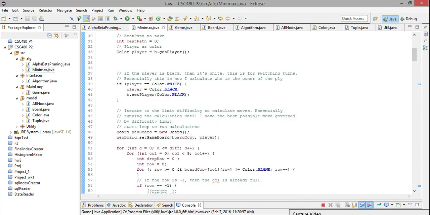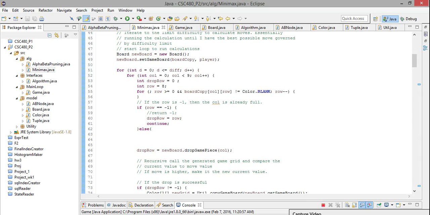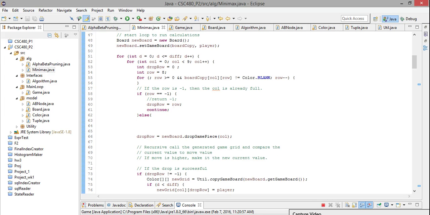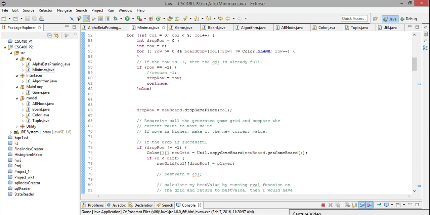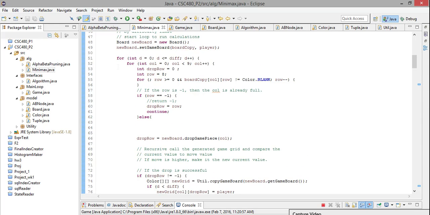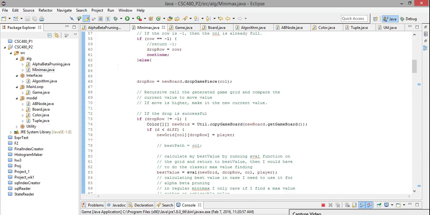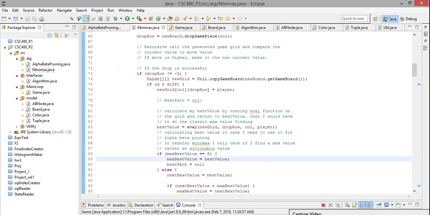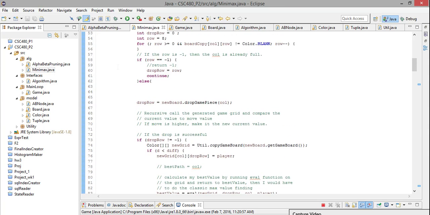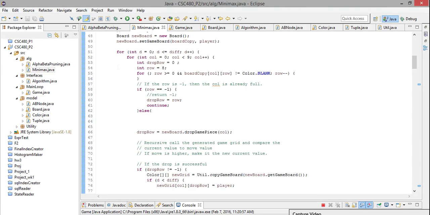Pretty much make sure the player is always black. Creates a copy of the board. Checks if any of the rows are full. And I essentially just drop a game piece up to my difficulty. I did it iteratively, and essentially just evaluate my board once I dropped it. I kept dropping the pieces up to that difficulty, essentially running like a pseudo depth first